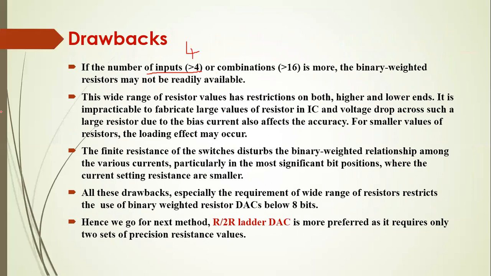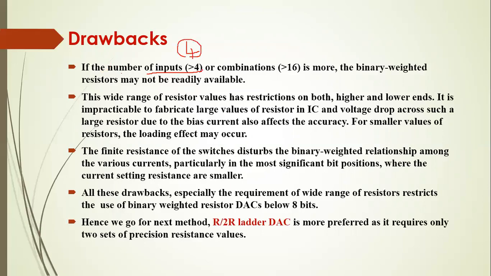That is, first we have taken 10 kilo ohms resistance. Then, if you make it half, you want 5 kilo ohms resistance. And for the third bit, you require 2 power 2, that is R by 4, which means you will be having 2.5 kilo ohms. And if it is divided by 2 power 3, you will be having 1 by 8, that means 1.25 kilo ohms resistance. So if you consider 4 bits, then you require 4 different values of resistances.